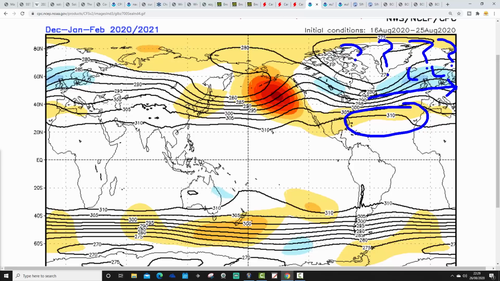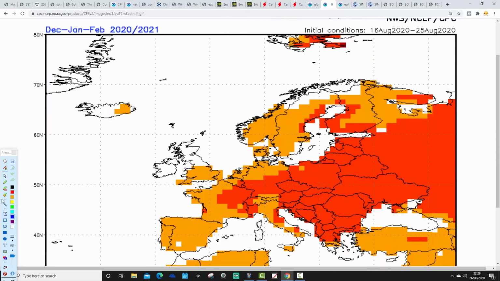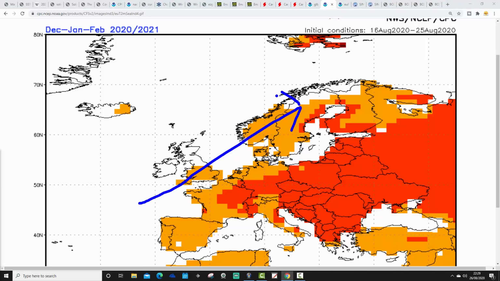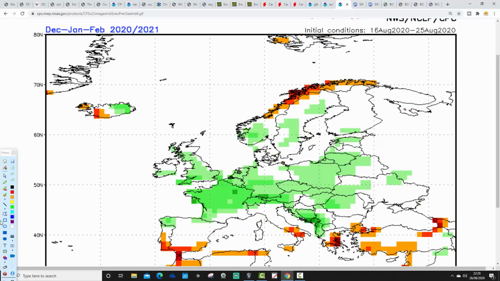So the CFS may be having a few hints there of something a little bit more interesting over this coming winter, but we shall see. Temperature anomalies for CFS-V2 winter 2020-21 generally above average through most parts of Europe, and precipitation anomalies looking quite wet, so going for a westerly and rather wet winter.